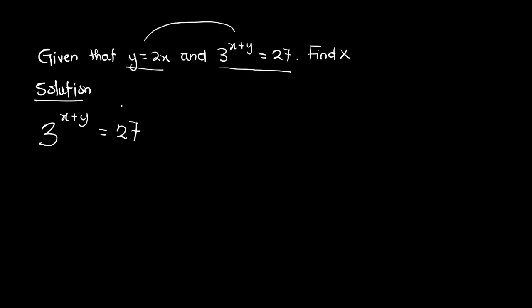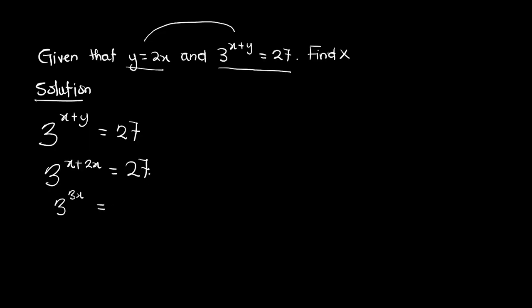Now from here, the first thing I want to do is substitute. In place of y over here, I'll put 2x. So I have 3 raised to the power x plus, instead of writing y, I'll write 2x, which is equal to 27. Now I have 3 raised to the power x plus 2x, which will give me 3x, and that will